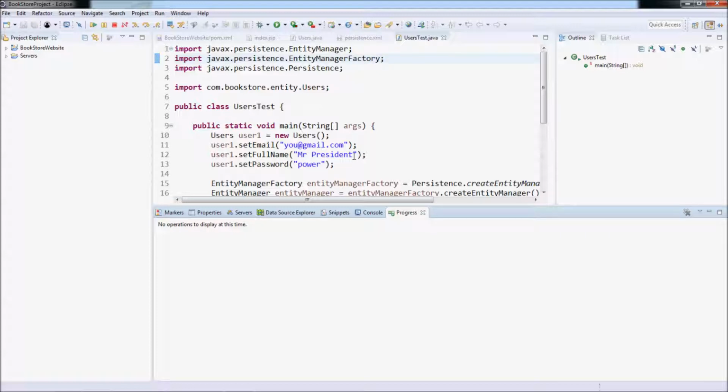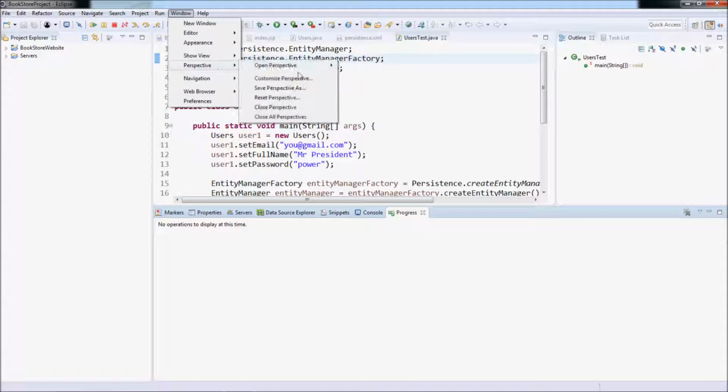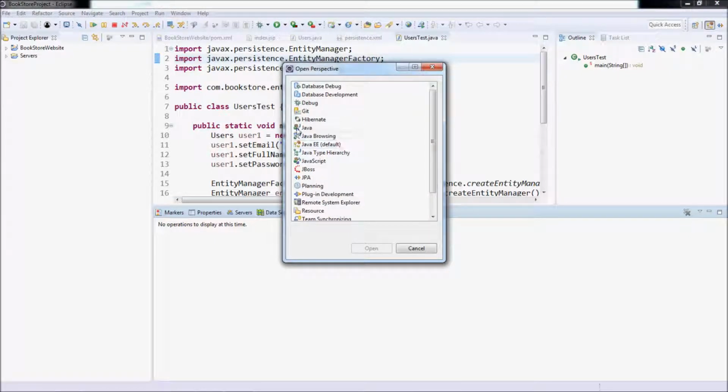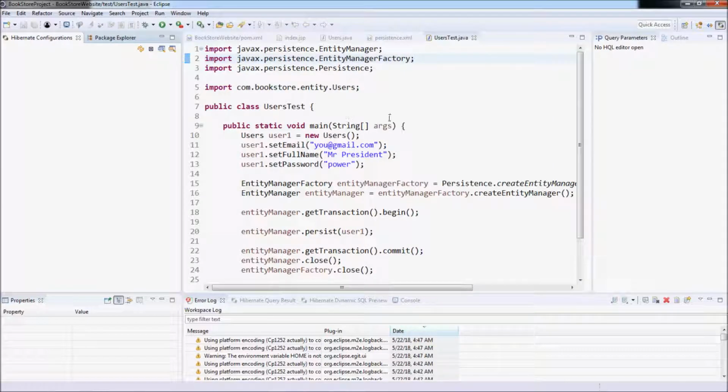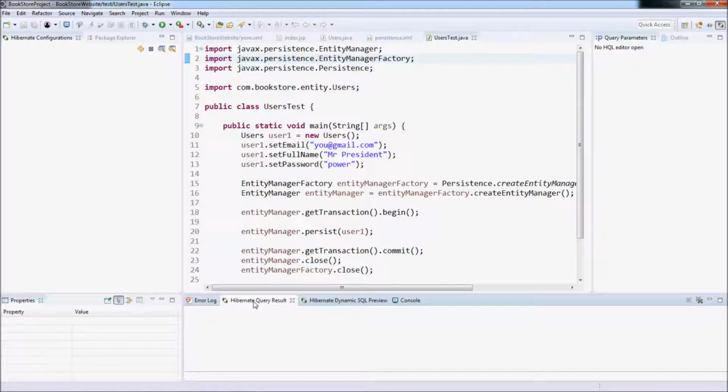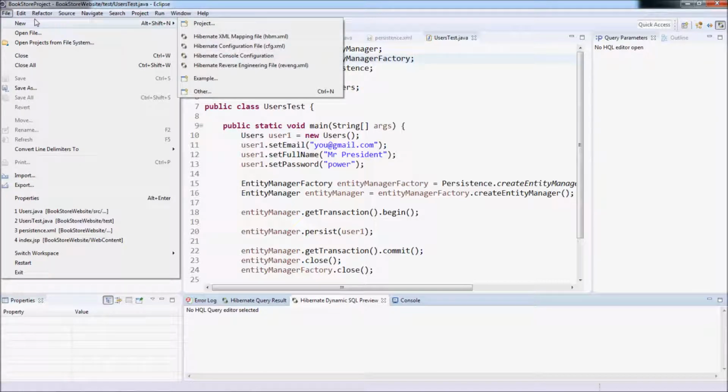Okay, so far we have installed Hibernate tools. You can see there's a new perspective. Open perspective, you can see we have a new perspective called Hibernate perspective. Click open to open this perspective. This Hibernate perspective allows us to work with the Hibernate tools. You can see the Hibernate configuration view, Hibernate query result, Hibernate dynamic SQL preview, and also in the menu we can create